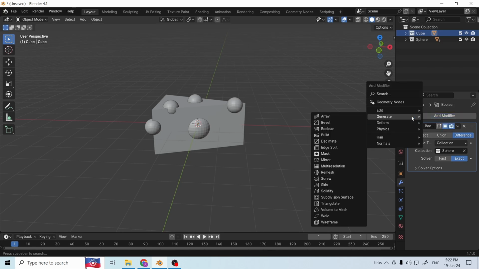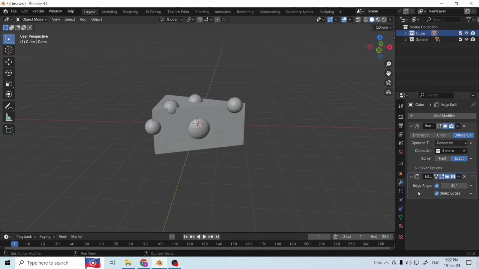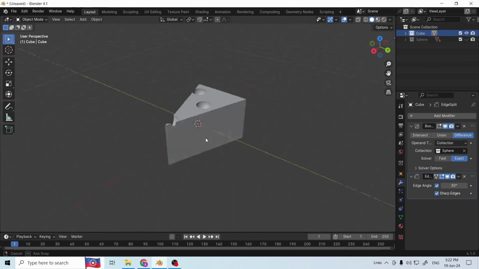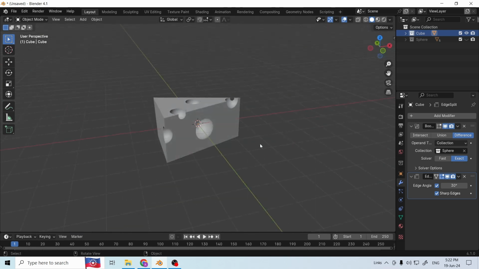you add another modifier, which is the edge split. After you add the edge split, you go back to object mode, and then you close the eye to hide the sphere. Now you can see your cheese,